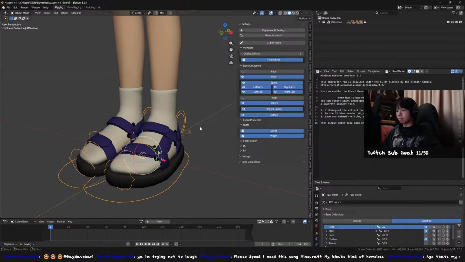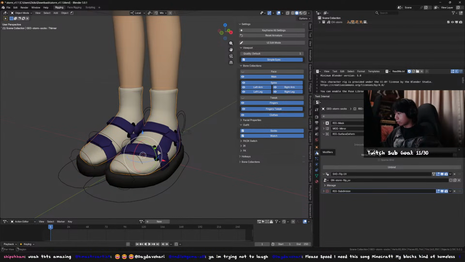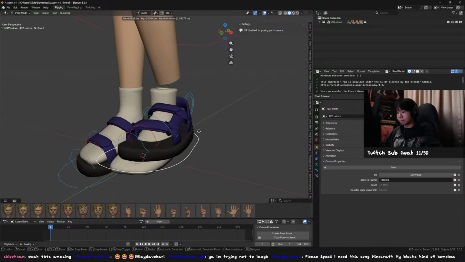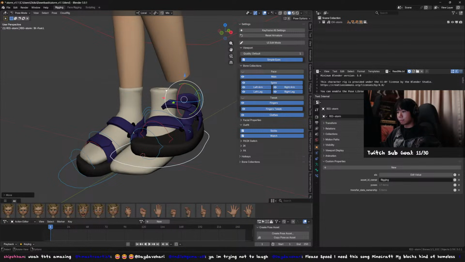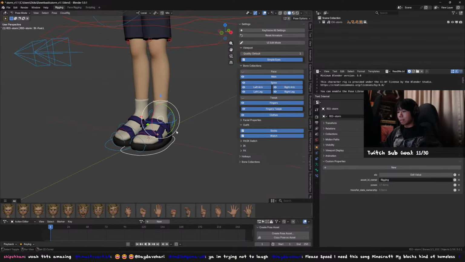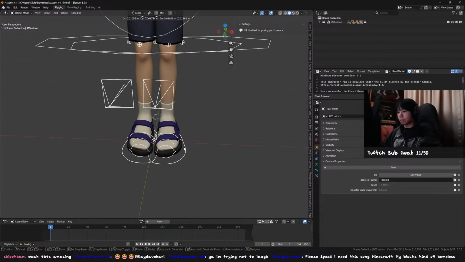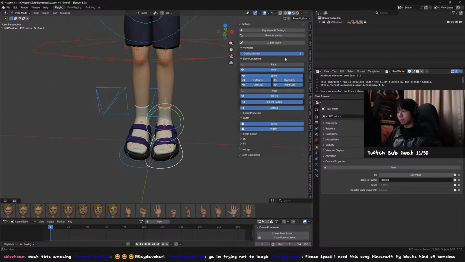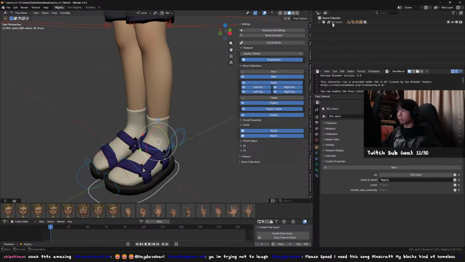Wait, what the heck? Why is it not? Oh, right. You're gonna have to turn this on yourself. Wait, what? Why is it not working? Hello? That's weird. Let's see. Okay. Not sure why it's not working now, but I basically observed their